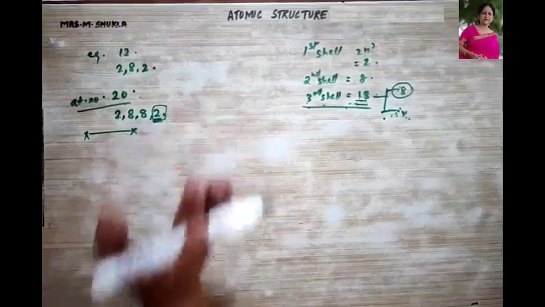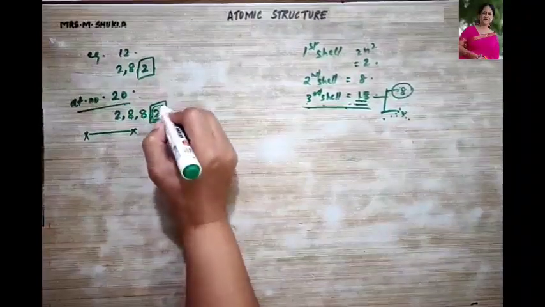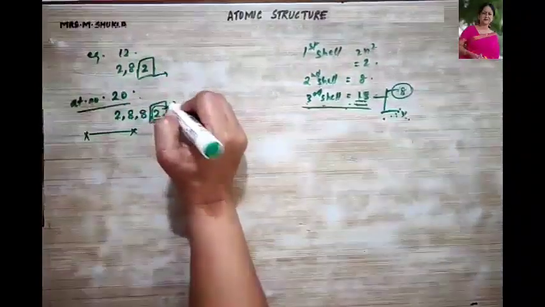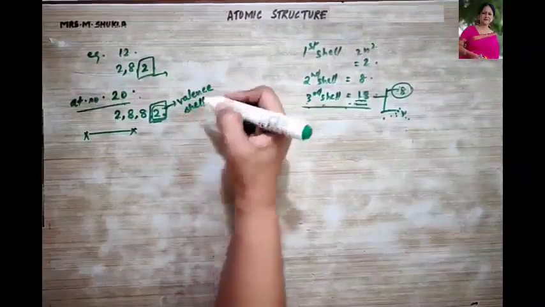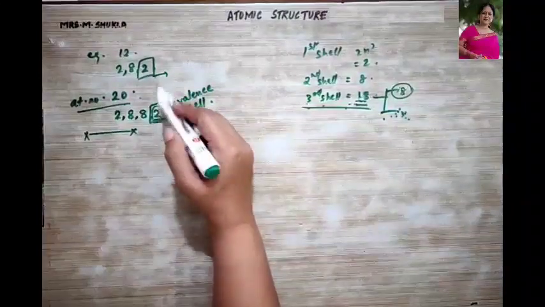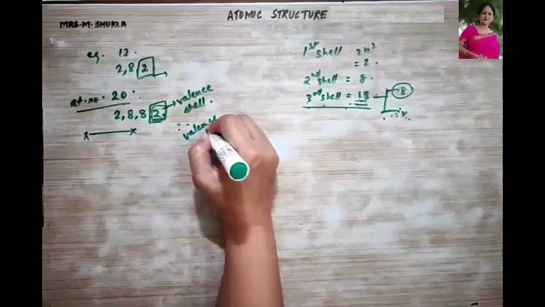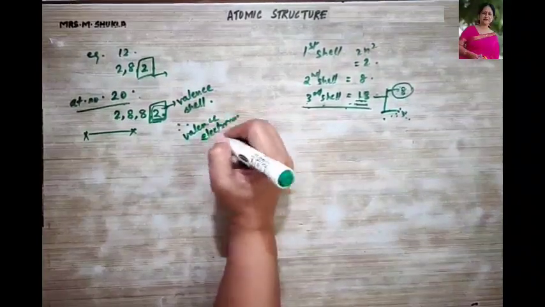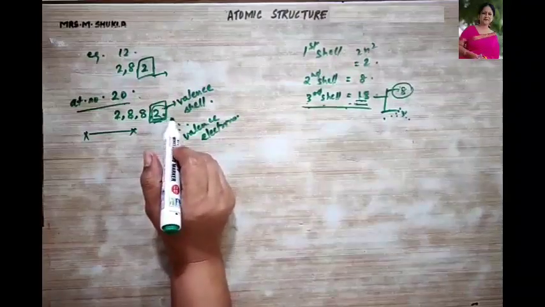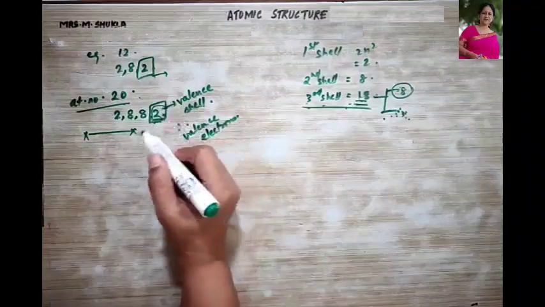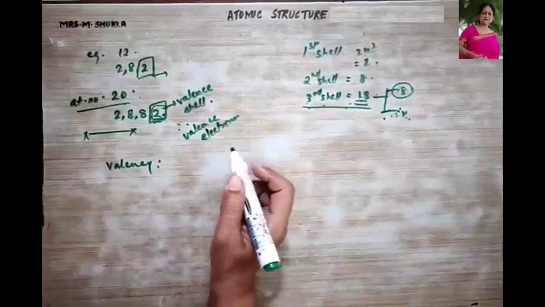Next we come to what are valence electrons. The number of electrons that are present in the outermost shell. This outermost shell is actually called the valence shell, and therefore the number of electrons that are present in the valence shell are also termed as valence electrons. Is that clear? With the help of valence electrons, we can easily find out the valency of an element. So what is the valency of an element? It is the number of electrons lost, gained or shared during a chemical